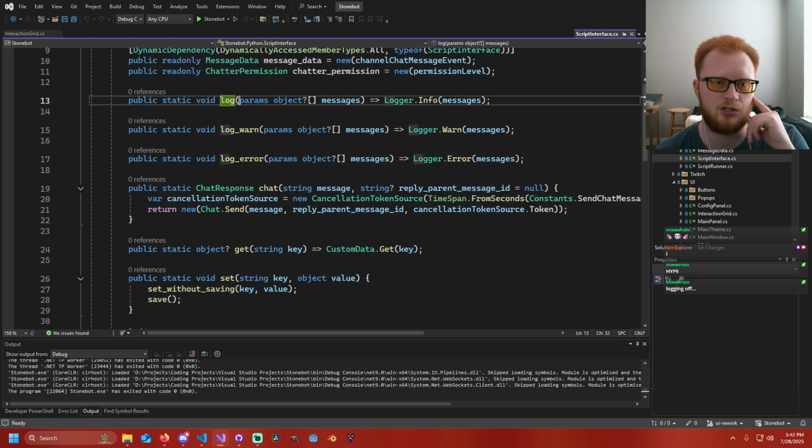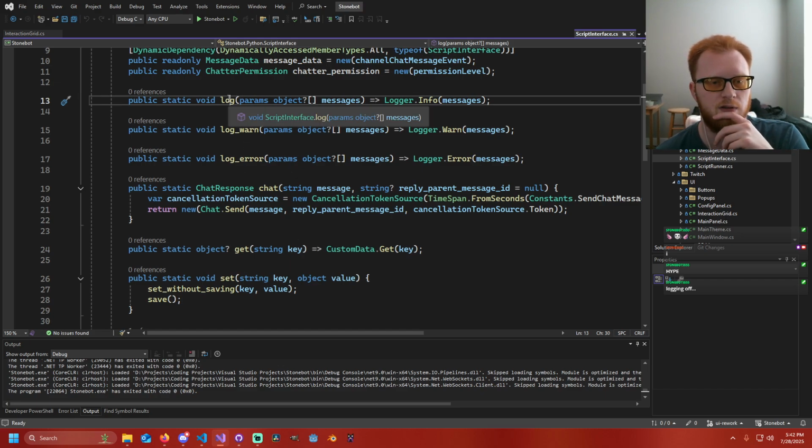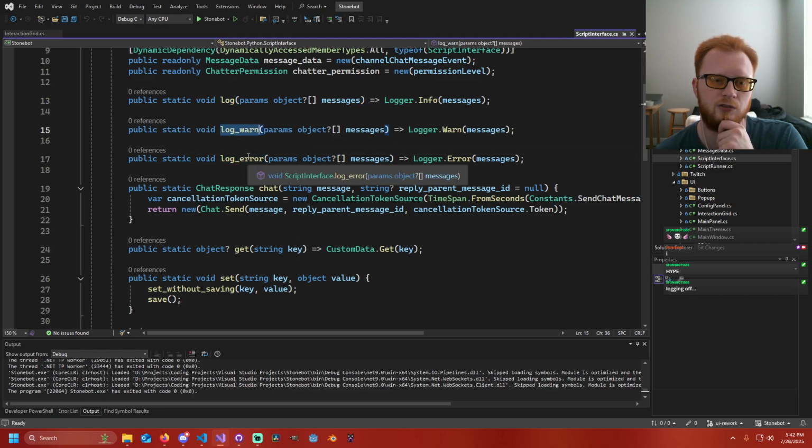So log just uses Stonebot's logging features, which will send the log to the console if you're in the console configuration, and it'll send it to the log file, as opposed to print, which, because it's a Python script being run from within Stonebot, doesn't do anything. So I've got these, log warn and log error. Log warn and log error don't really do anything different than log, other than